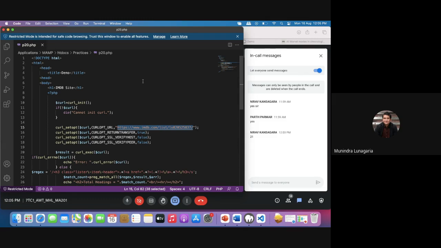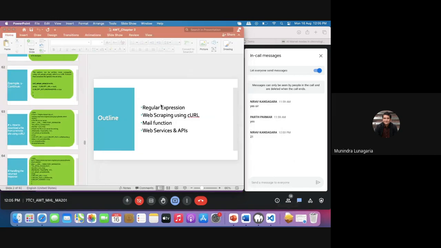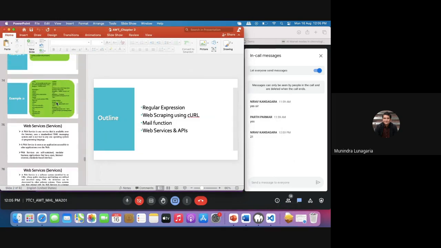Forgot? There are 4 steps. These are the 4 steps.